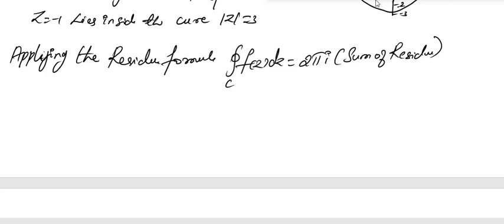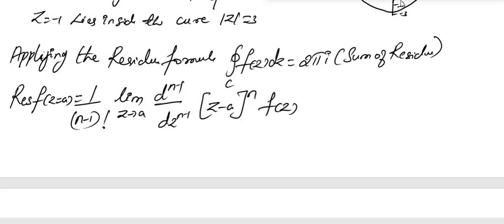Since the order of the pole is 4, you are supposed to apply the fourth formula. So I'll just write the fourth formula here. This is the formula for the residue when the pole is of order n. Instead of n we have 4, so you can substitute it. d power n minus 1 by dz power n minus 1 represents the corresponding derivative. f of z is our given function. So kindly substitute, and the value of a is nothing but z equals minus 1, right? That is the value of a.